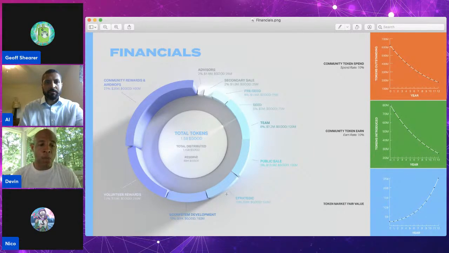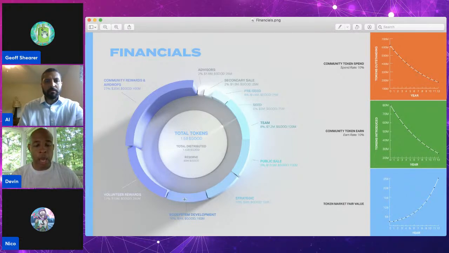Once we do that, we'll have enough funding for future partnerships and all the Oracle scaling. We'll have the ability to scale all of our operations at that point, and then we'll go to market with a public sale of tokens. Right now, we're thinking 10 cents a token, with a secondary sale at 12.5 cents per token. With all of those sales,